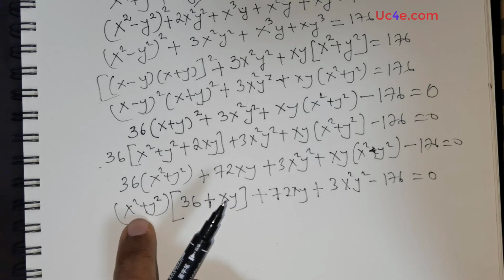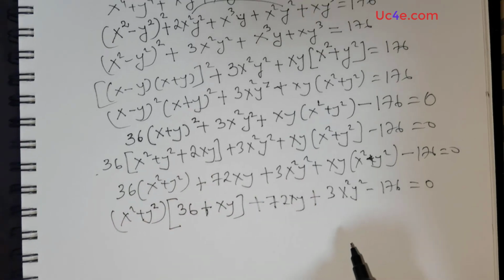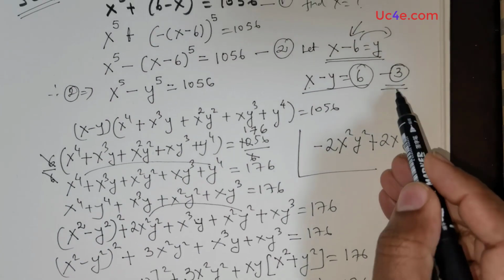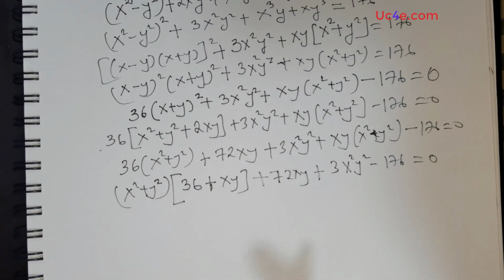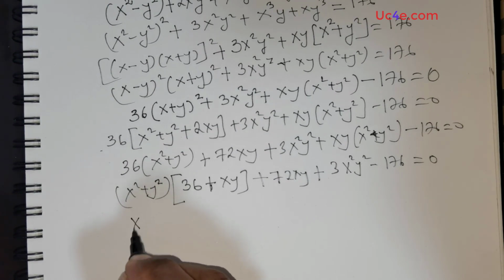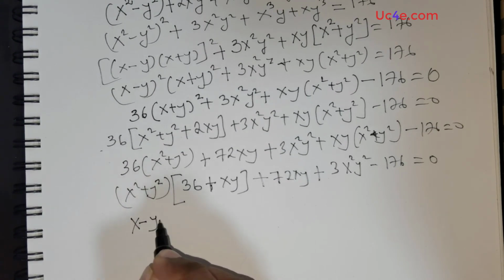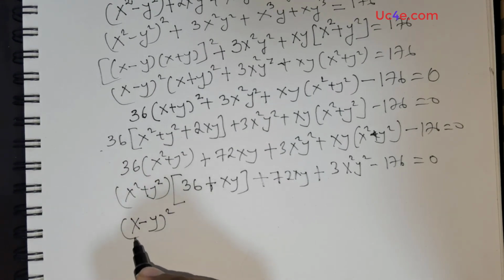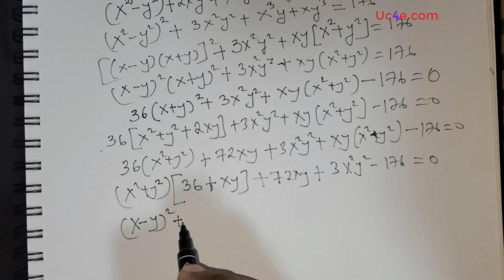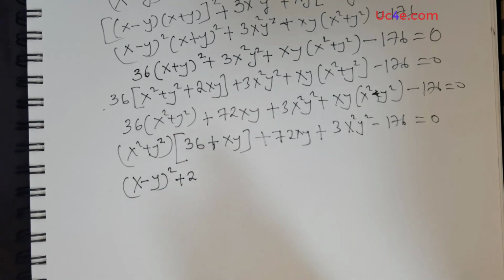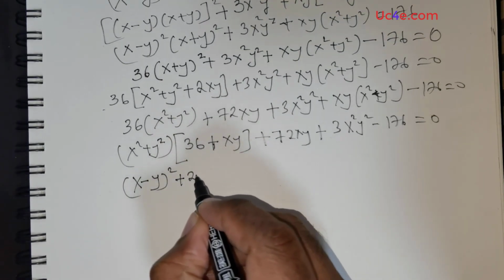I need to make use of the system, equation 3. In fact, I want to make use of this. So what I would do is rewrite this as (x − y) raised to the power of 2. I would get an x squared, a y squared, but I would get an addition of 2xy with a negative sign. I need to get rid of that, so I will follow that up with positive 2